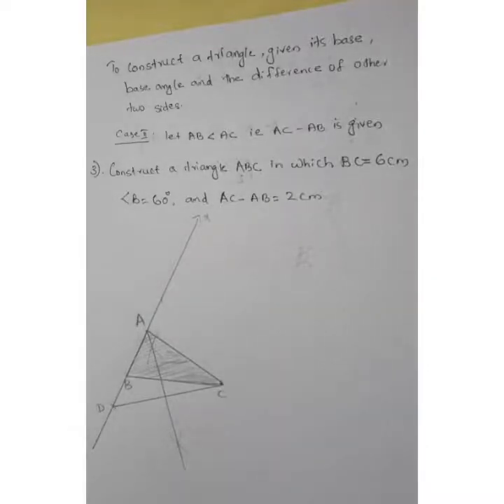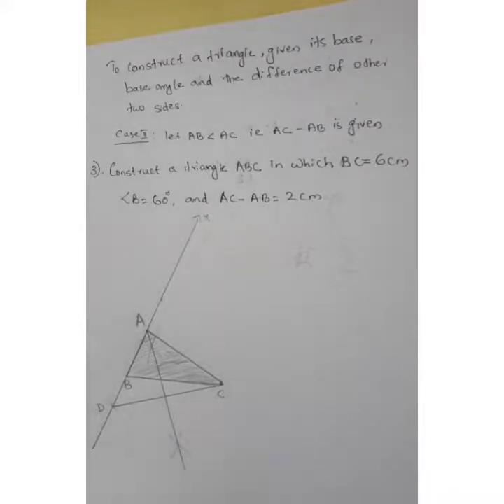So in this exercise 11.2, you need to draw 4 triangles. 11.2, questions 1, 2, 3, 4 only you want to do. In that, up to the 3rd question is over. This is the 3rd question, but in the question it is given as PQR, and I just took it here as ABC only. That is the only difference here. You can draw the same thing with PQR itself in your notebook. Then, 4 questions only you want to do, and the 5th question is a deleted topic. So no need to do the 5th question of that exercise 11.2.